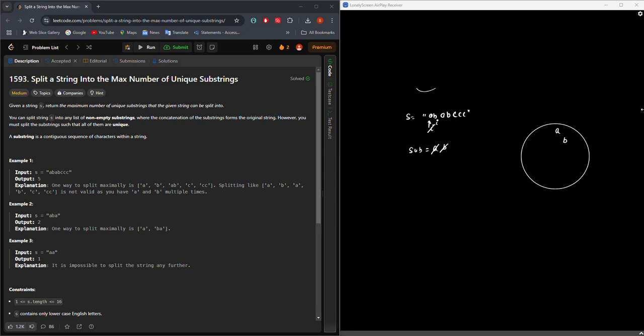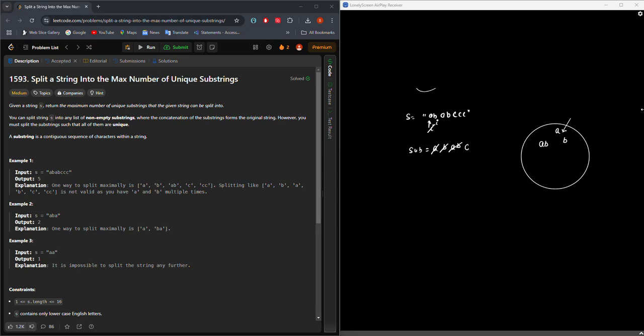After that we check the substring B. B is not there, so we can add it. The next letter is A. The substring A already exists in our set, so we cannot add it. We take another letter B and add it to our substring. AB does not exist in our set, so we add AB. Currently the substring is empty because AB was added.